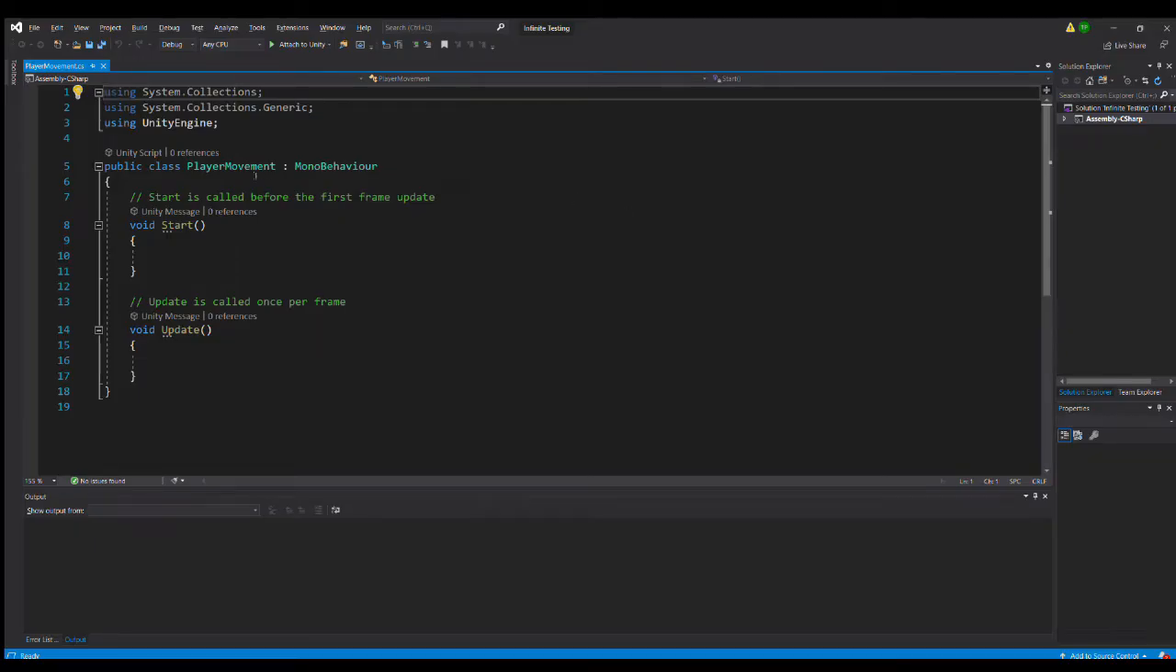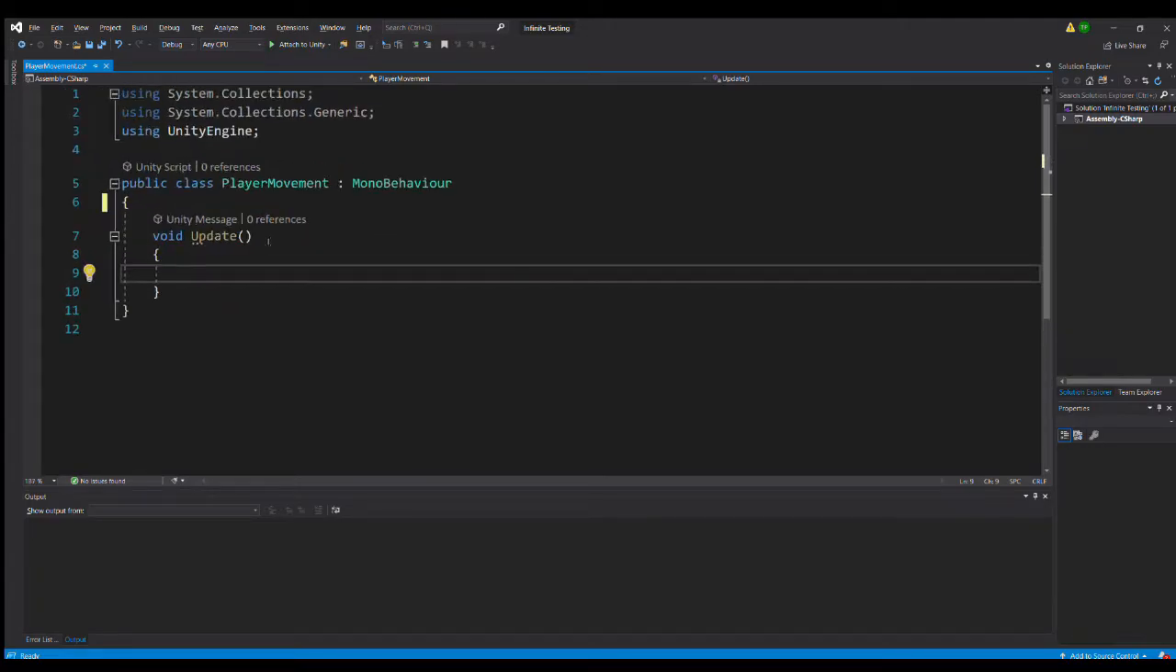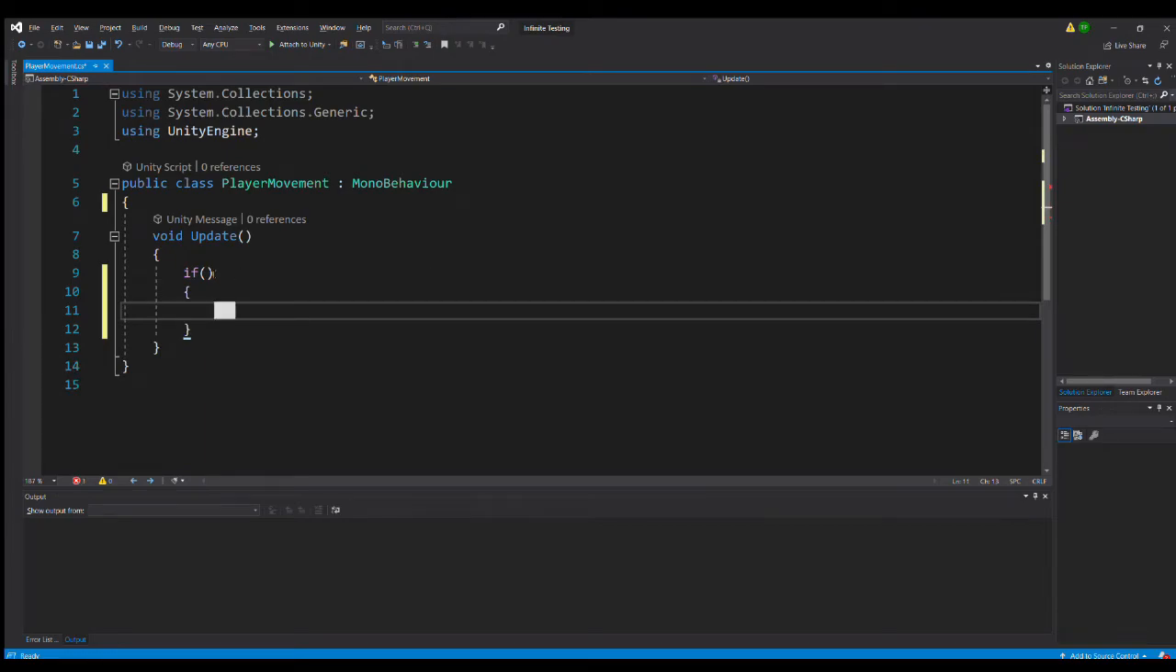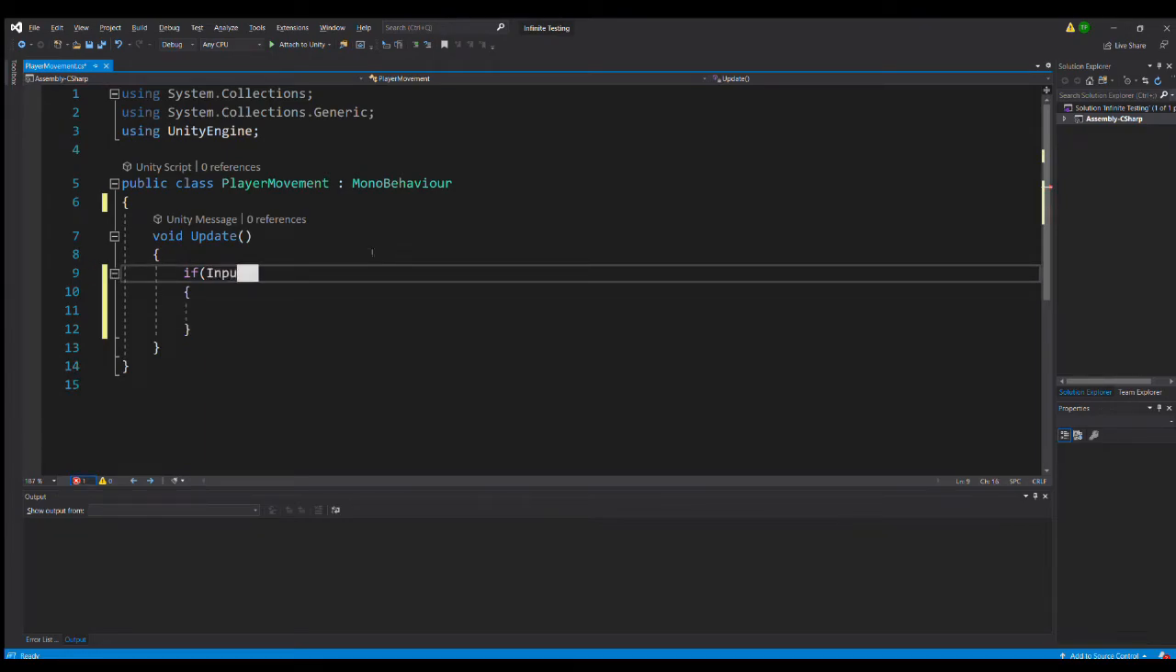We have our script, player movement, opened up in Visual Studio. So we're going to delete the start function as we do not need this, and now we are left with our update function. Anything we put inside the update function will be called every single frame. So every single frame of the game, what we want to do is call an if statement, like this. And inside of this if statement, we need to check if input.getKey